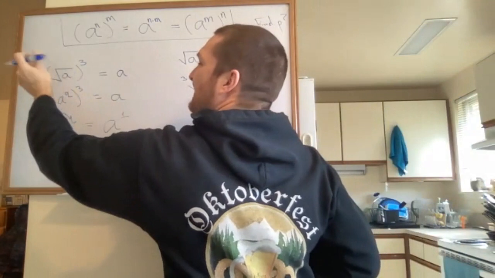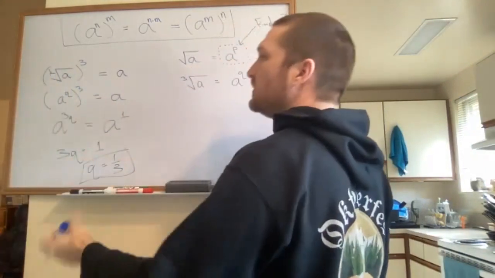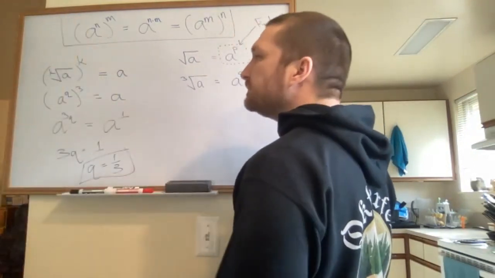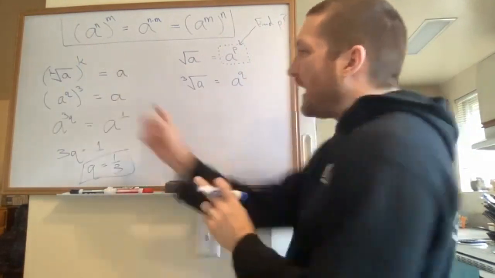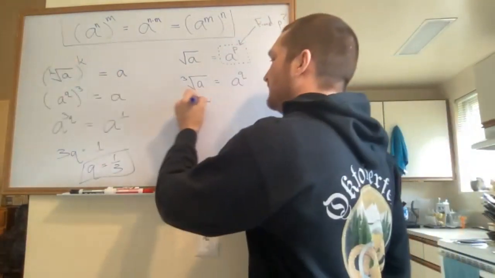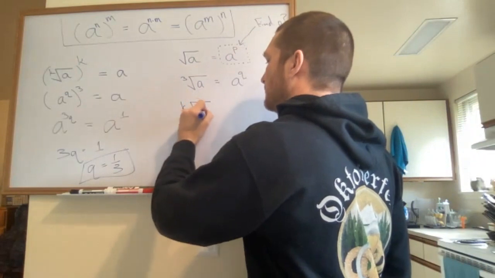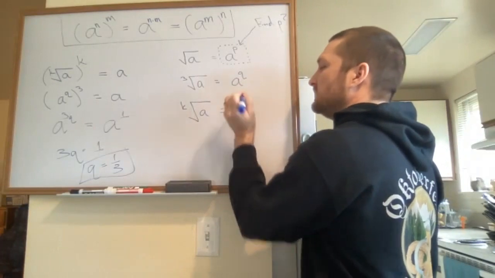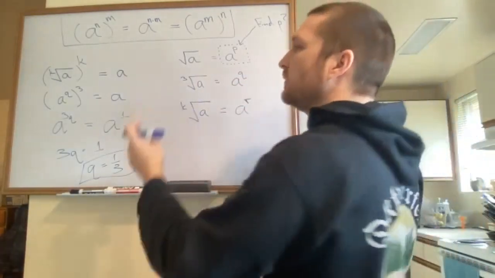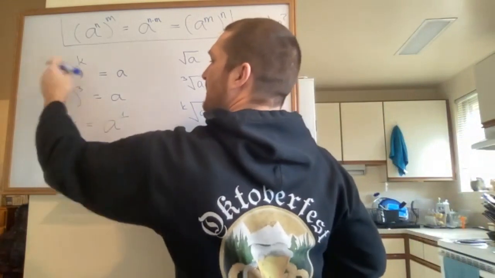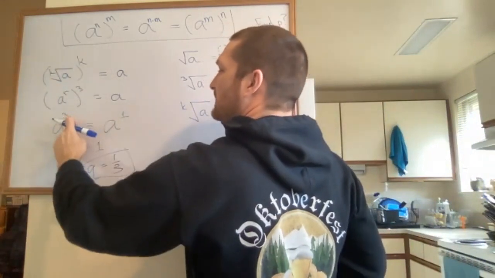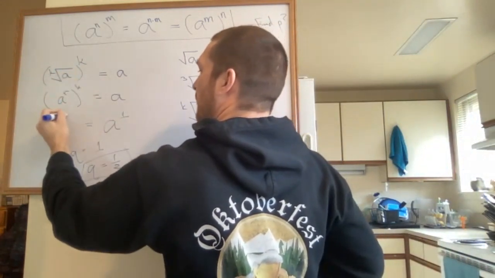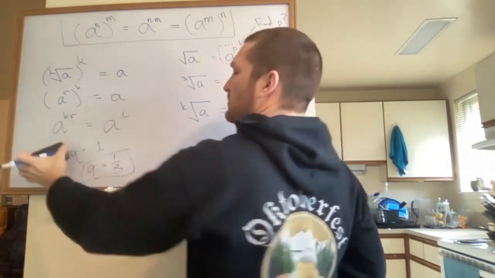Because if you take the kth root of a number and raise it to the kth power, and you want to know how could I rewrite this as a to some power, let's call it r, what would we do? Well, it's the same kind of thing. Instead of writing this, we would write it as a to the r. Then this comes out to a to the k times r, which is just